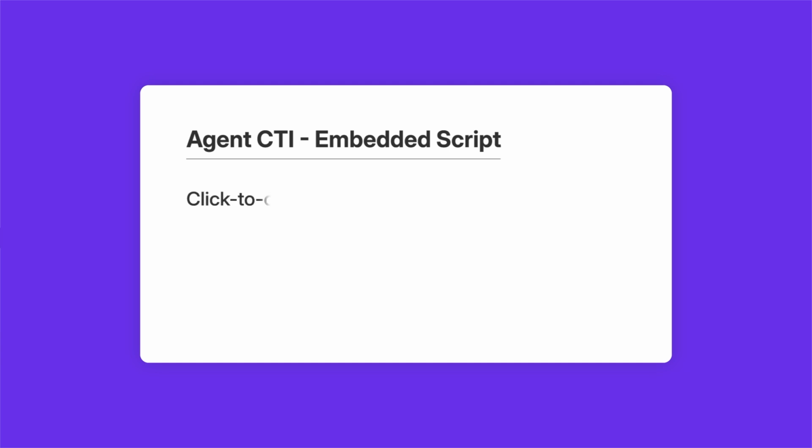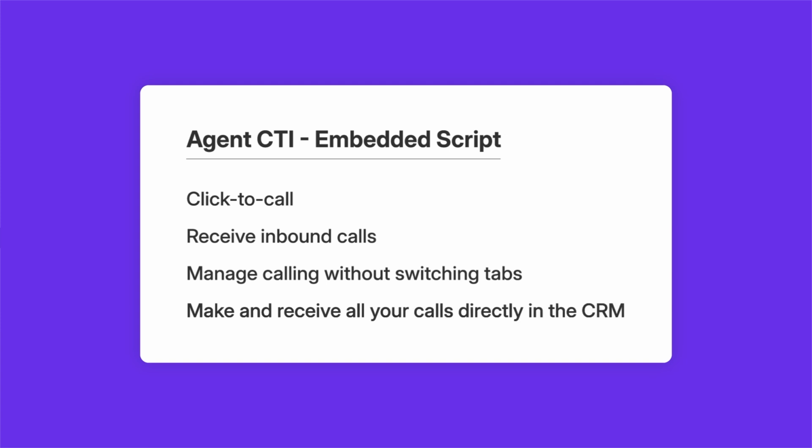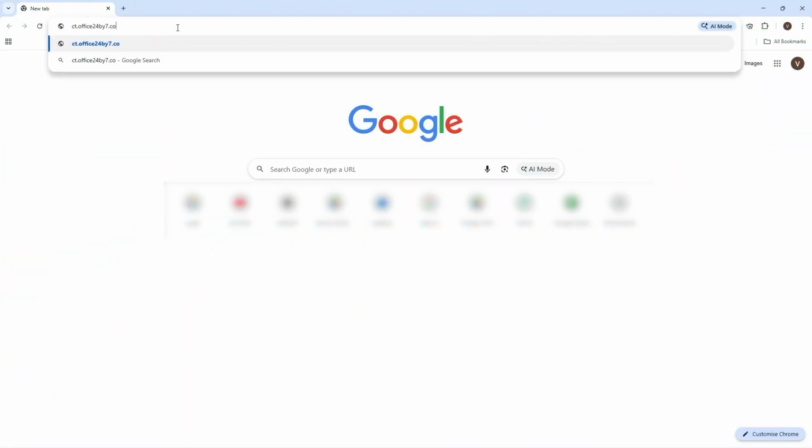Once embedded, users can make click-to-call, receive inbound calls, and manage all calling activity without switching tabs, external applications, or physical phones. With Agent CTI, you can make and receive all your calls directly in the CRM, eliminating the need for manual call logging. The embedded script loads the CTI interface using the URL